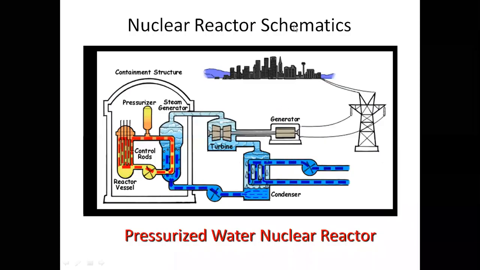Now you can see here, this is the pressurized water reactor. In this pressurized water reactor, two parts are used. One is the nuclear reactor, and another one is the heat exchanger. In the nuclear reactor, enriched uranium is used. The water is used as both coolant as well as moderator and for boiler purposes.